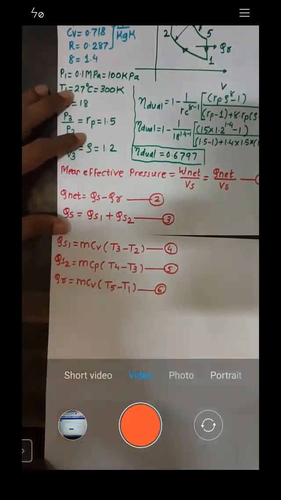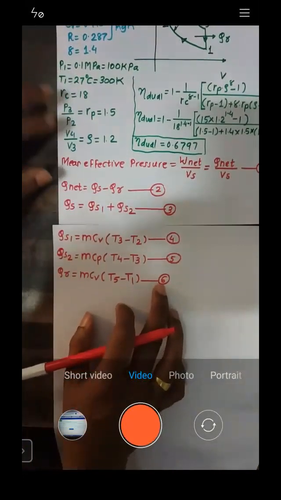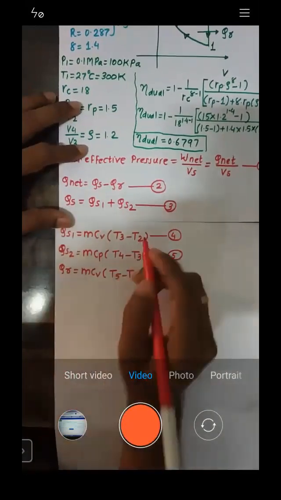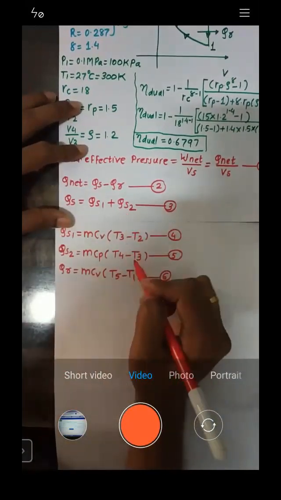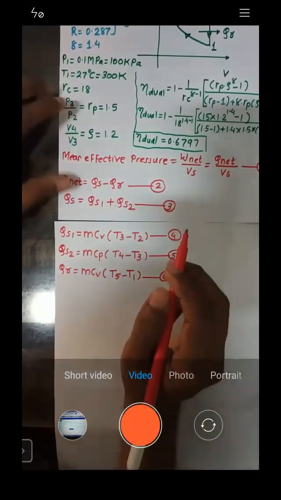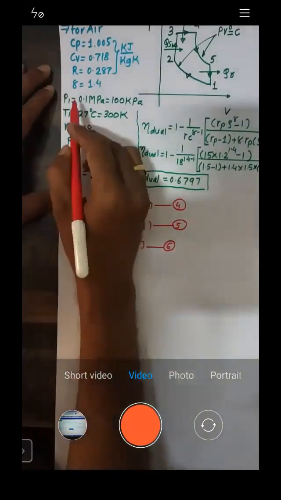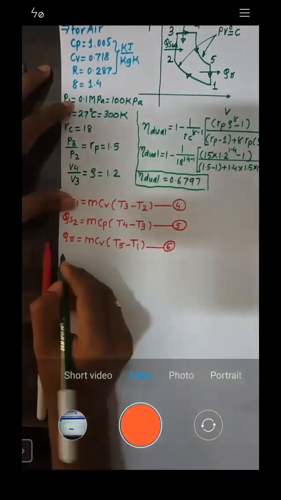Right, is that okay? So all these calculations we should know, then only we can calculate the efficiency, right? As you can see, what is required to be calculated? It's temperature. Temperature is required everywhere. So let us start with point number 1. As I told you, let us start with P1.